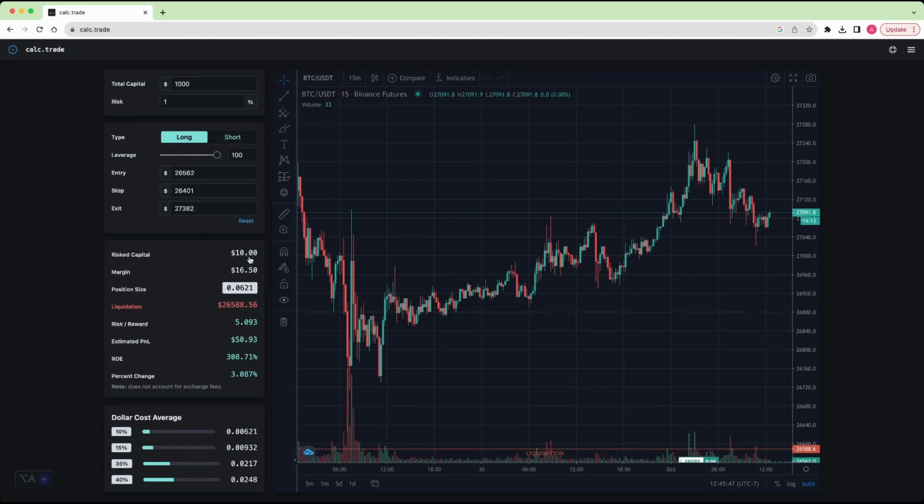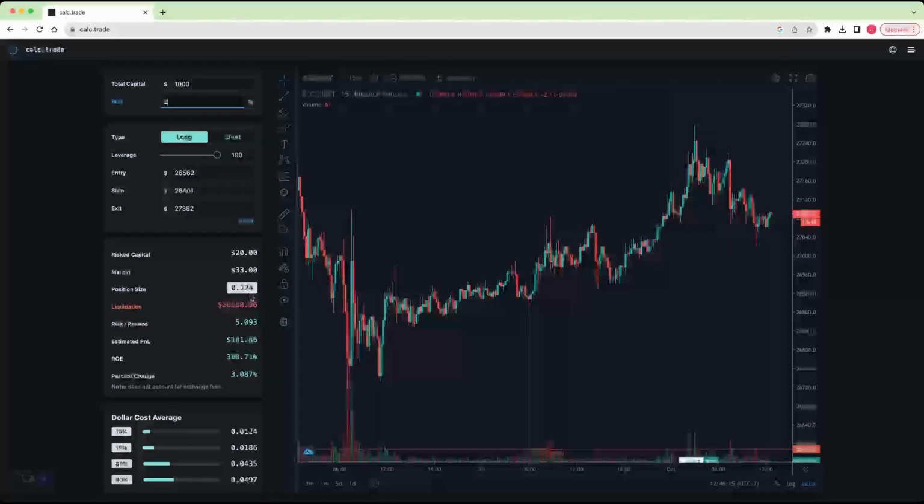You could lose 4 times in a row, which is unlikely the way we trade. You can clearly see we obviously win a lot. I think we probably get more wins than losses, and the wins greatly outweigh the losses. It's about getting that shifted mentality. Watch, if I change that risk from 1 to 2%, you'll see the position size changes. At 2%, it's 0.124 in terms of your Bitcoin. So forget about your leverage, just put that at 100%.